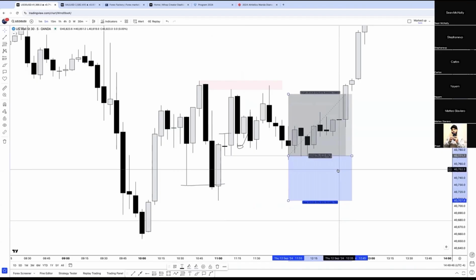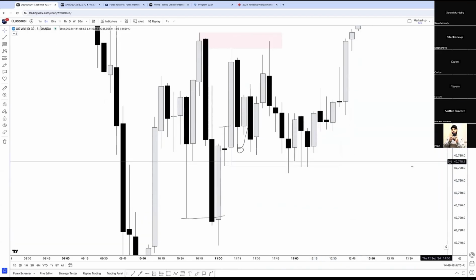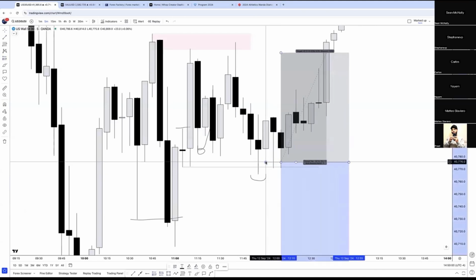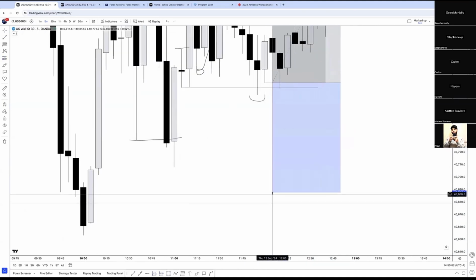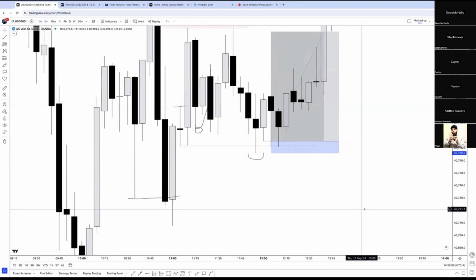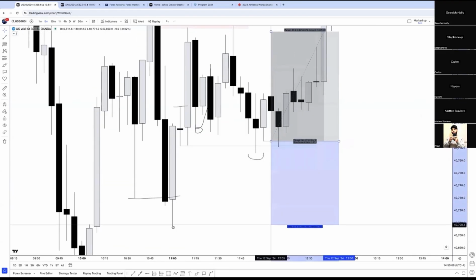Okay? And a little cheeky confirmation entry. You don't have to take these kind of entries, but this now becomes a liquidity block. This is liquidity here. So I just took a little cheeky pullback entry. As soon as this low is stabbed, I again have a liquidity block to support my entry. Stop goes below the liquidity block. Okay? But the cleaner one I want you guys to focus on is this guy here.